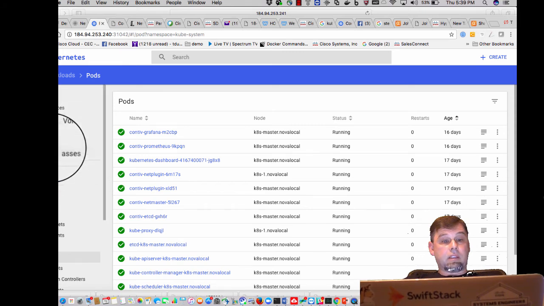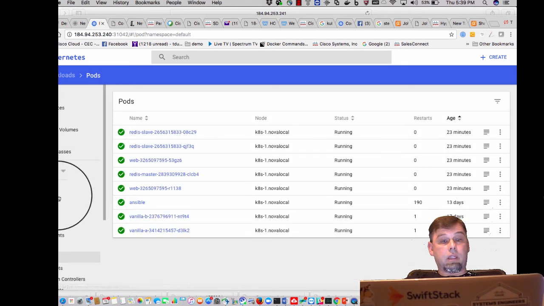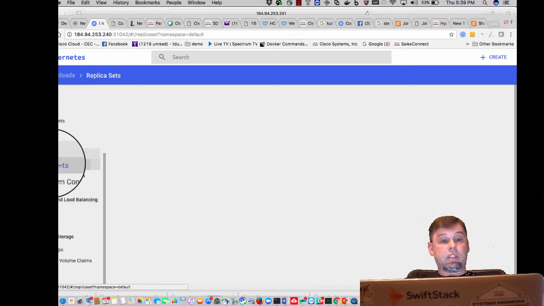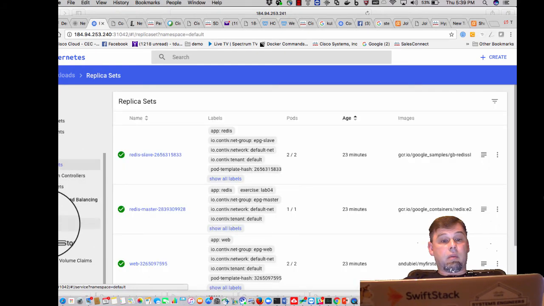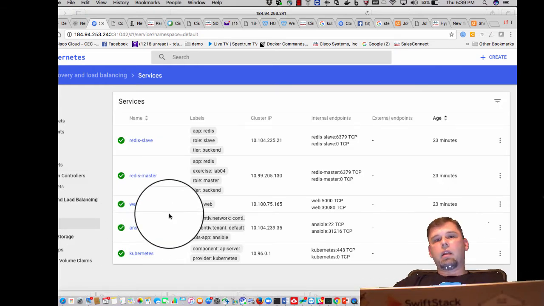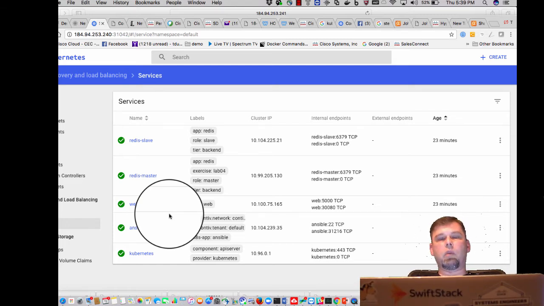I can go back to default and we can see what we've been building, and we can look at it from the replication sets. We can look at it from services, and so on and so forth. So everything that we were viewing from the command line, we could have just used a GUI if we wanted to. So we're going to go back to the command line and configure the Contiv policies, and then take a